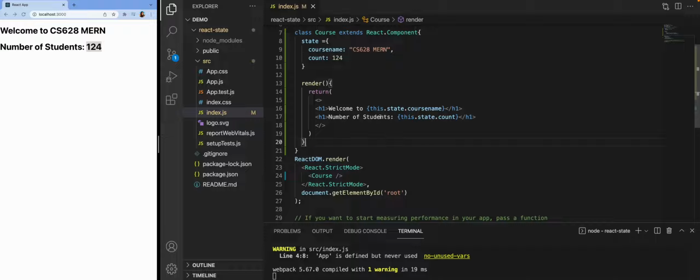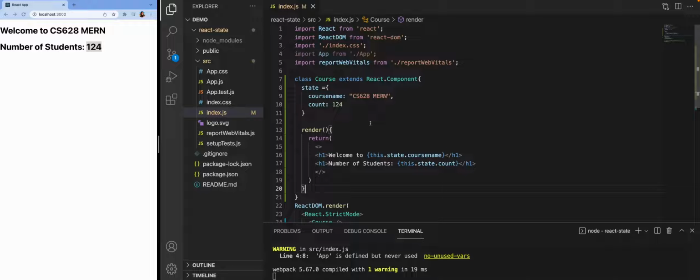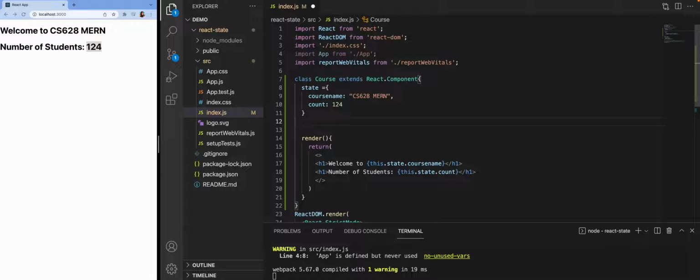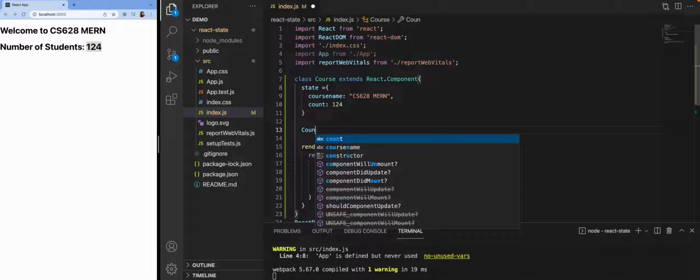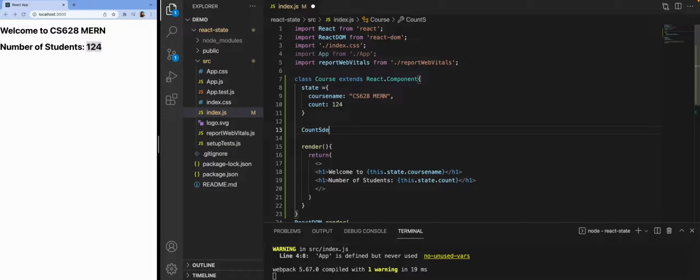Now, we have states because we want to update the values for our application. So let's see how we can update some stuff. Let's say I want to first update this count. Every time I create a button, and every time the user clicks on the button, the value of count changes. So let's see how we can do it. I'm going to create this countStudent function,